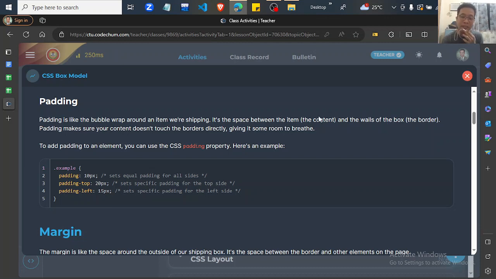So, the item is the content. Then, padding: make sure your content doesn't touch the borders directly. So if you design something, for example, and the content is very close to the side, it looks cramped and hard on the eyes. So what padding does is create space in between the item and the